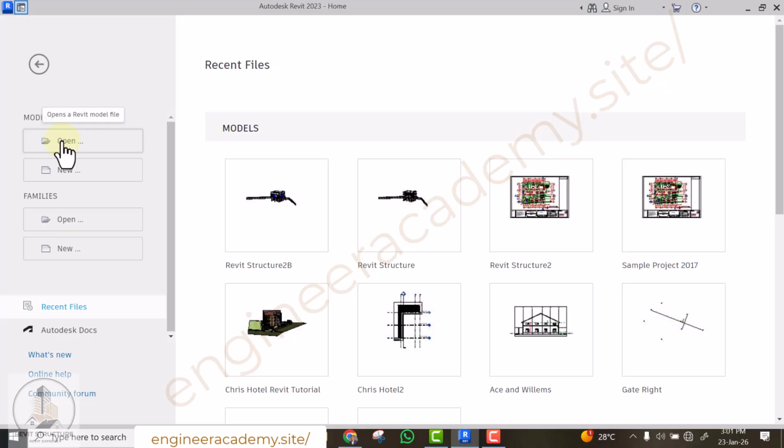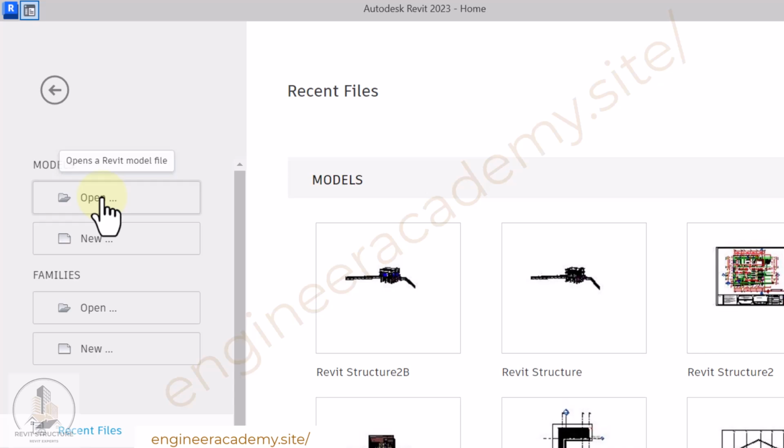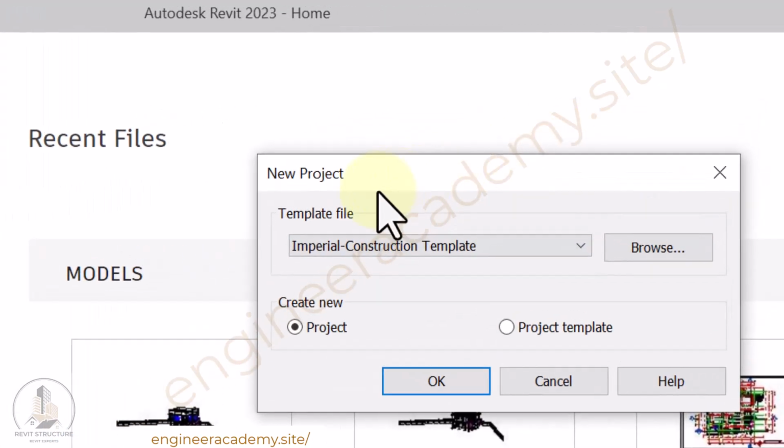This open is assuming that you want to open an existing project. Let's assume that you have not created any project before, so there is nothing to open. You are just starting. So all you do is click on new and it will take you to this dialog box. You are going to click on browse,